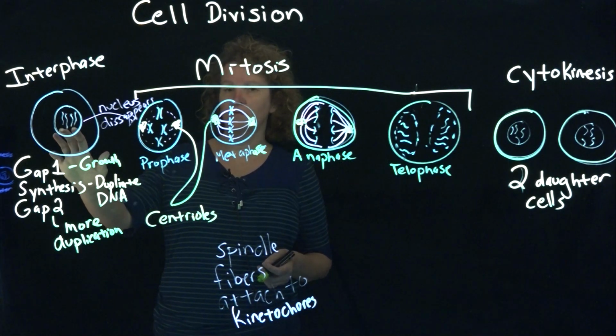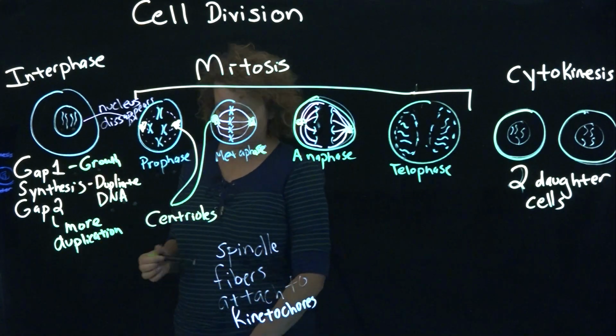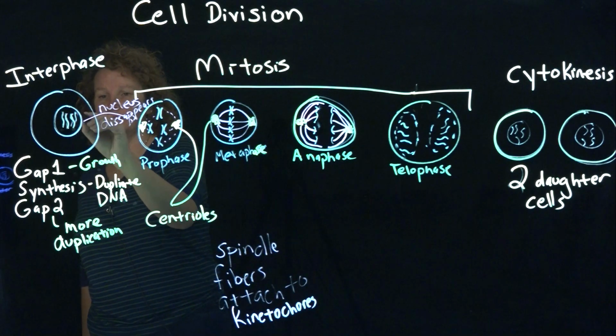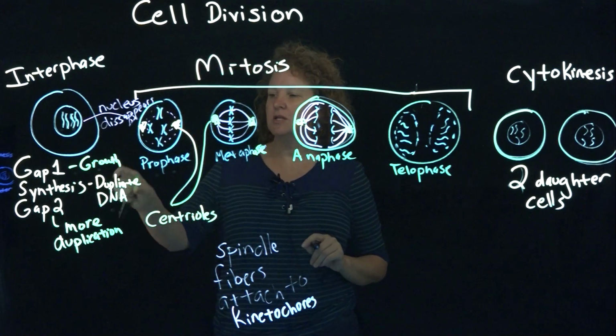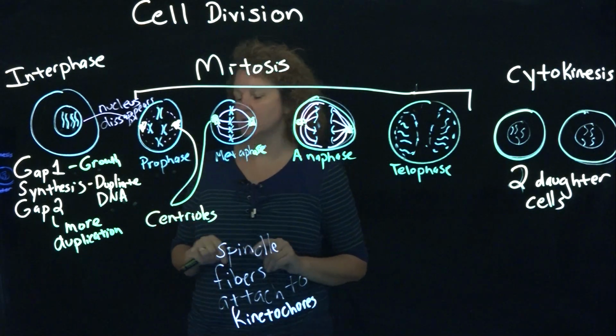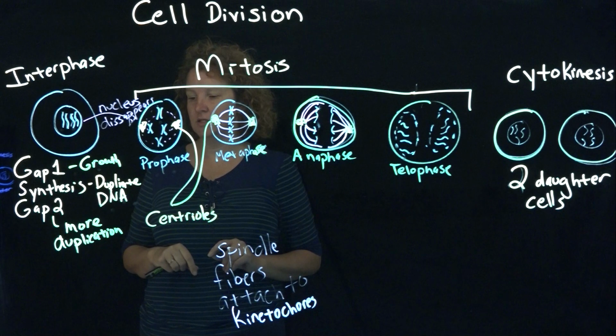So I've drawn here a 4 chromosome type cell. I've got the 4 here in the middle. Remember that humans have 46 chromosomes, or 23 pairs. I'm just trying to keep things simple here. So you need to actually double that. What I've shown here is this doubling as you get into prophase. I didn't draw it here in interphase, but you would be doubling that in the synthesis phase.